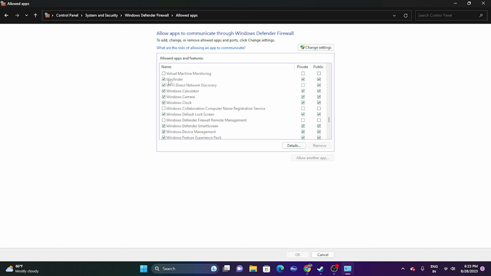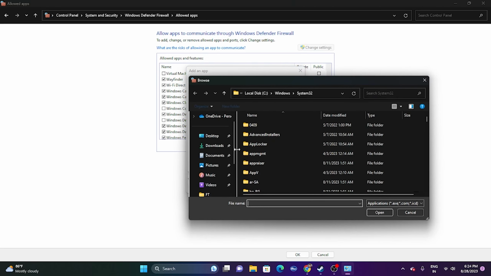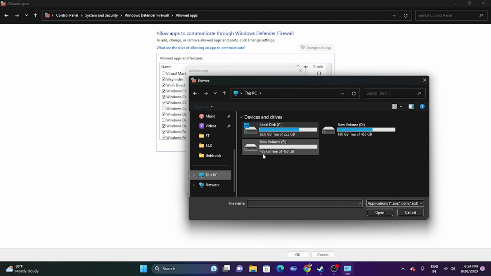So right now, as you can see, this is what it is, that is private and public. So you have to make sure this is added. So here it is already added. If it is not added, we can add it. Just click on change settings, and we have to go for allow another app, go for browse, and we have to go to this PC, go over here in this PC, go to local disk C, I think, go